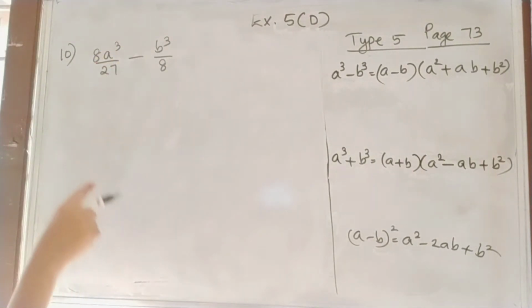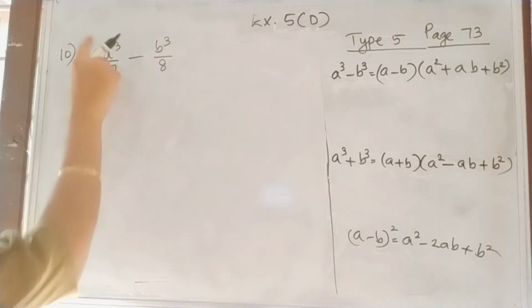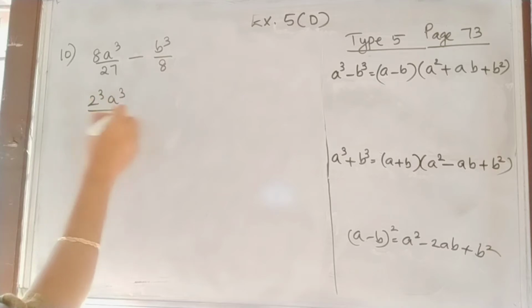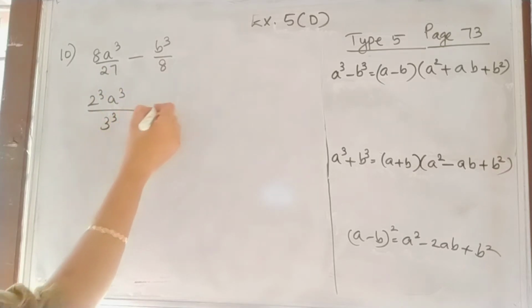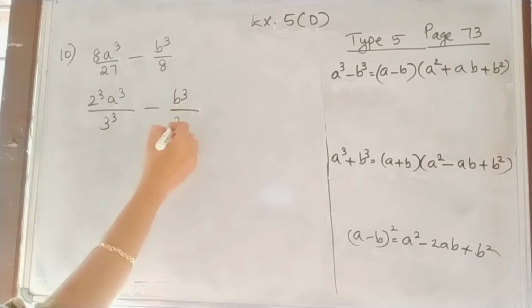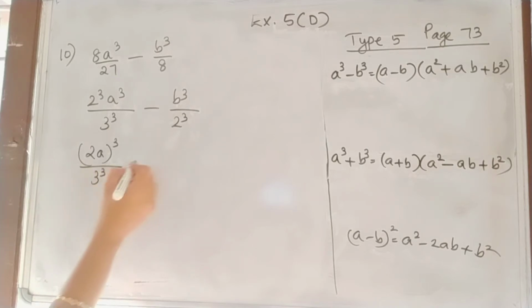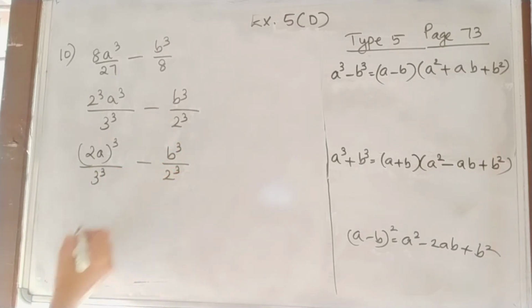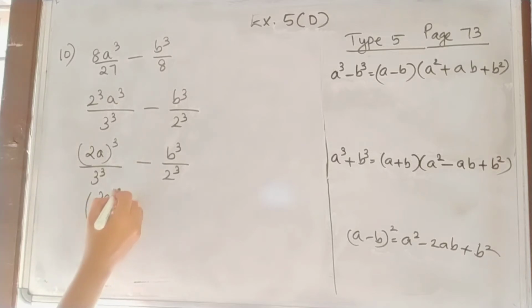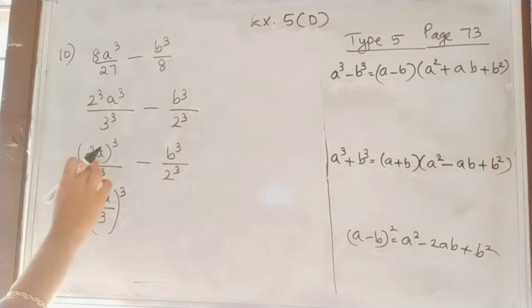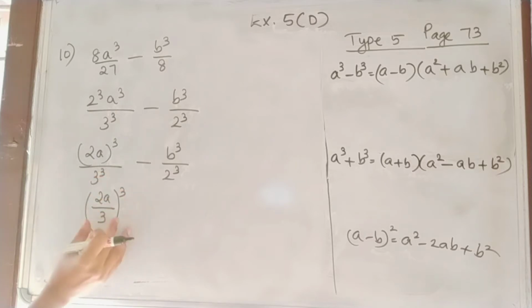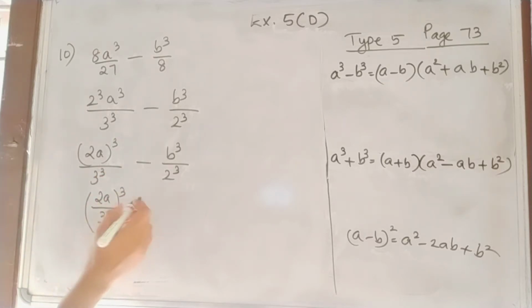Then 10th question, 8a cube by 27 minus b cube by 8. 8 can be written as 2 cube, a cube divided by 27, we can write it as 3 cube, minus b cube by 8, we can write it as 2 cube. So this can be written as 2a the whole cube by 3 cube minus b cube by 2 cube. So we can take this together, cube. So this can be written as 2a by 3 the whole cube. That cube is common for both 2a and 3. So instead of writing cube separately, we can write it together, 2a by 3 the whole cube minus